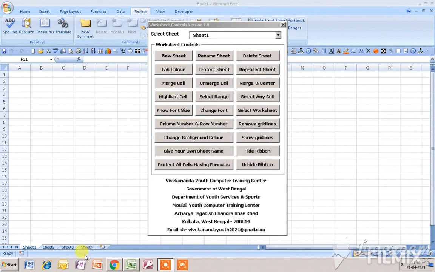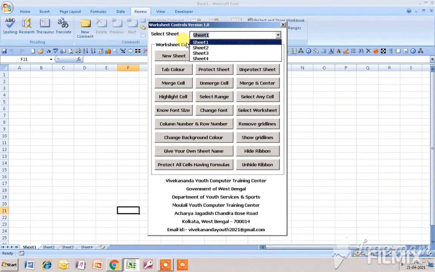So how can I select this particular worksheet? From the select sheet option, from this combo box, if I select Sheet4 from here, you will see that I move directly to Sheet4, and at that time my active sheet will be Sheet4. Then I can easily rename this particular worksheet, that is Sheet4.